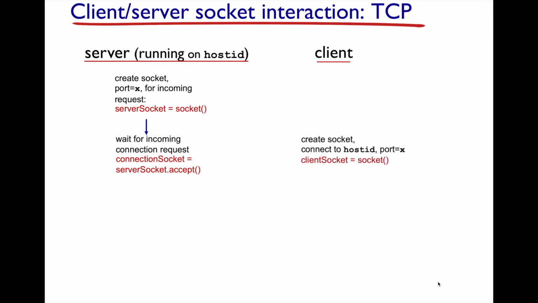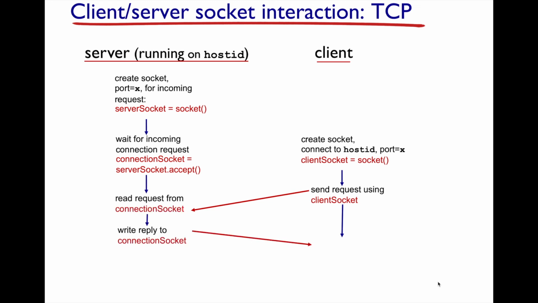And so the client then goes ahead, it creates the so-called client socket, and now once that client socket returns, this handshaking has happened, the connection setup or establishment, as it's called, between the client and the server. So as a result, the server returns back a server socket, and the client now takes its socket and starts sending requests. When the server returns or unblocks from accept, you get a unique connection socket. And so now the conversation between the server and the client is between the connection socket for the server and the client socket on the client side.